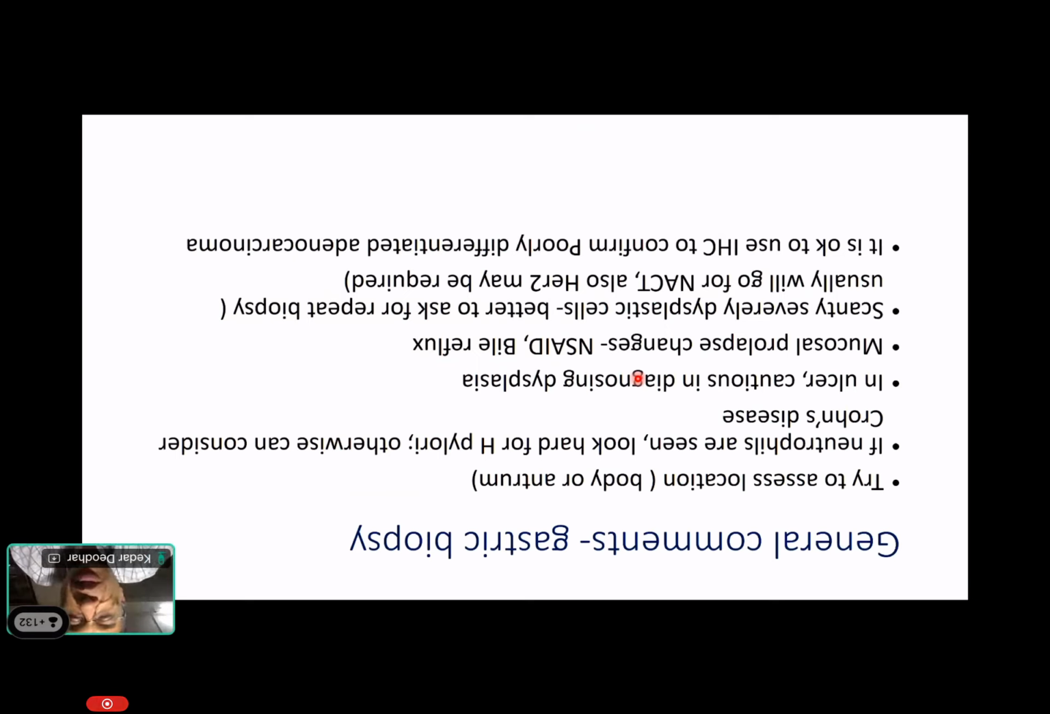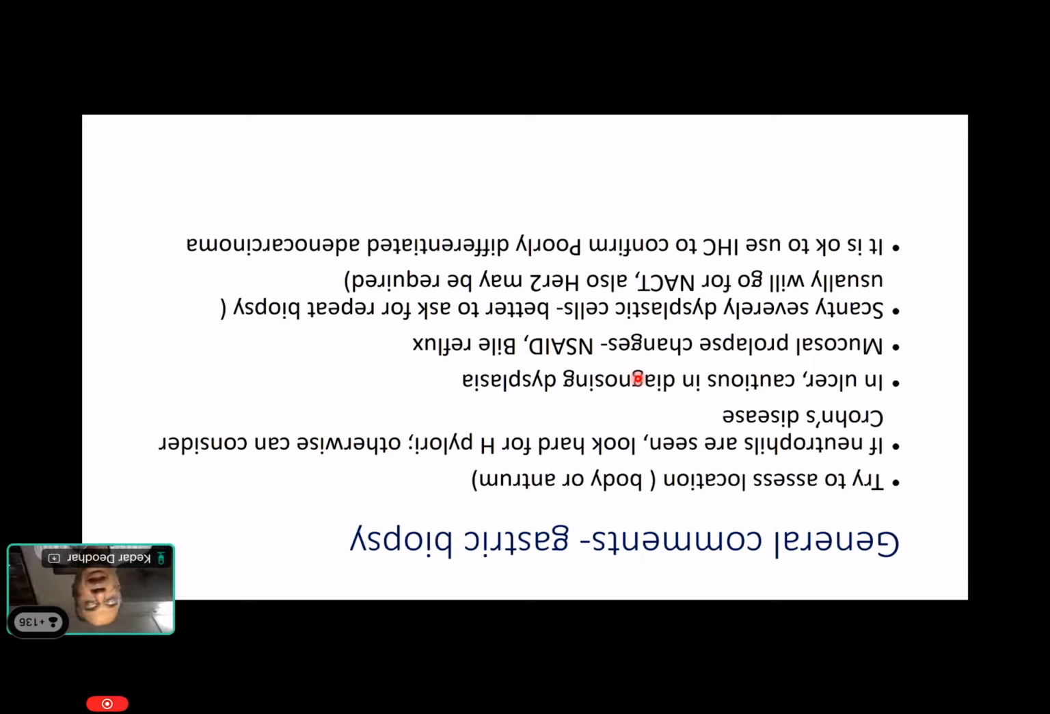whenever we have a biopsy, we try to assess the location. Are we seeing gastric glands such as chief cells and oxyntic cells, or are we looking at only foveolar cells or antral type epithelium, which are mucin producing cells? Even if the endoscopy does not tell you which part of the stomach the biopsy is derived from, we should be looking at the constituents of the biopsy to tell whether it is from the body or the antrum. If neutrophils are seen, look hard for H. pylori,